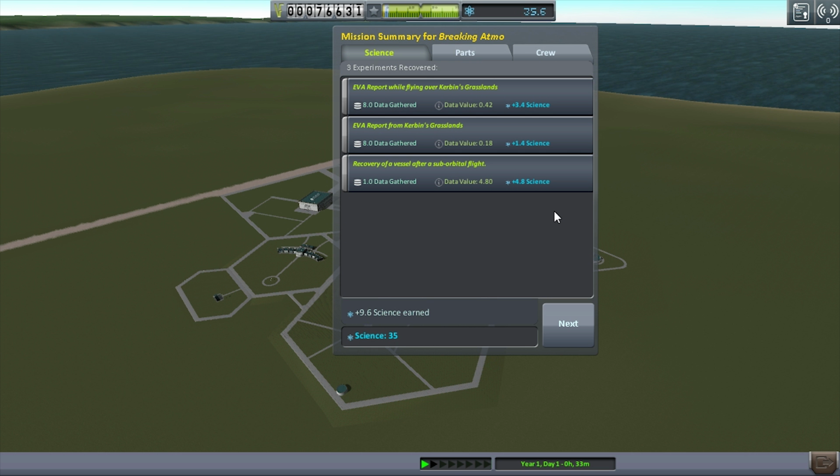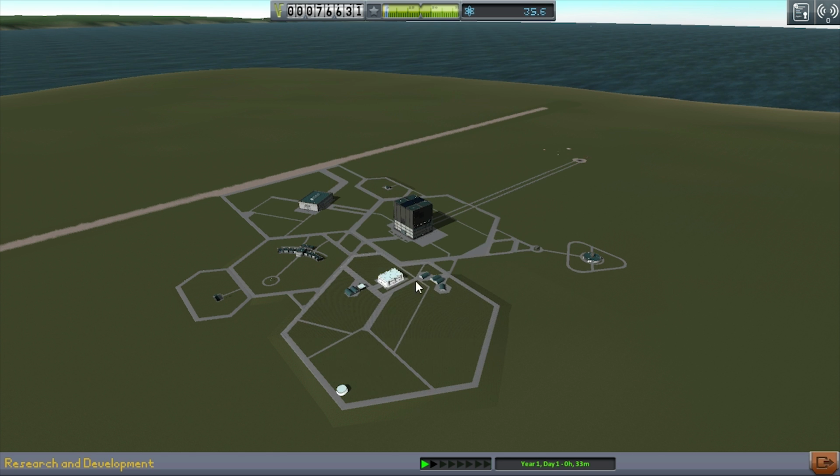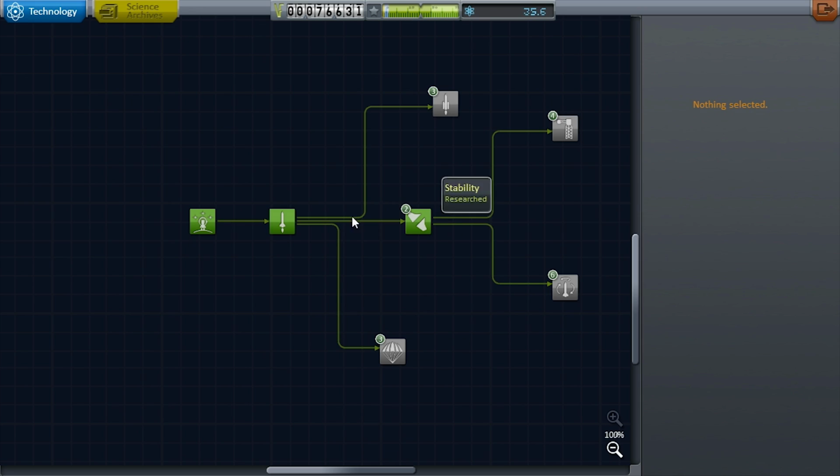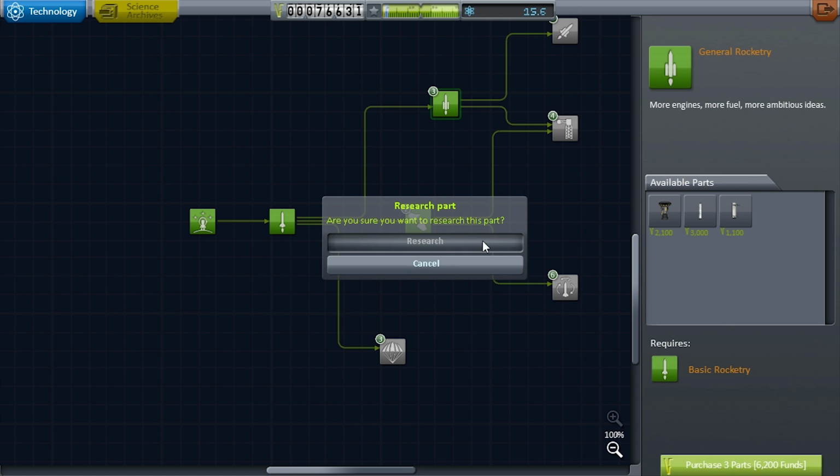So there we go. There's the first 1, 2, 3, 4, 5 contracts that are part of your exploration. You'll notice I'm up to 35 science right now. And I've got some of Tier 2 open. This will give me just enough to finish opening up Tier 2. So we'll grab that, and we'll grab the